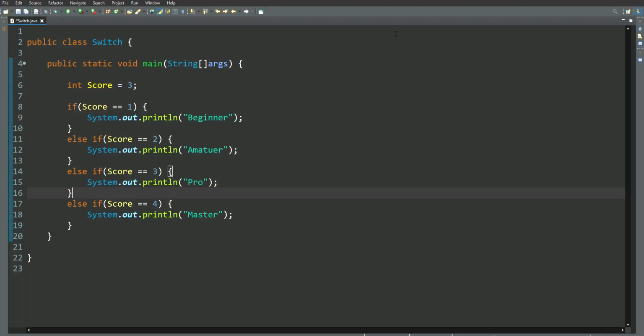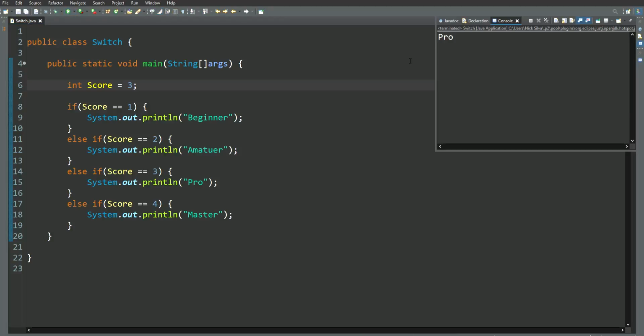So, to help us with today's example, I've created this switch class, and I've written the main already here. I've created the integer score, which is going to be 3. If your score is 1, beginner, 2, amateur, 3, pro, 4, master. It's pretty simple. Our integer here is going to be 3, our score. And down here it says if score is 3, then we're going to be printing out pro. So I'm going to run this, and we should see that we are getting pro as our